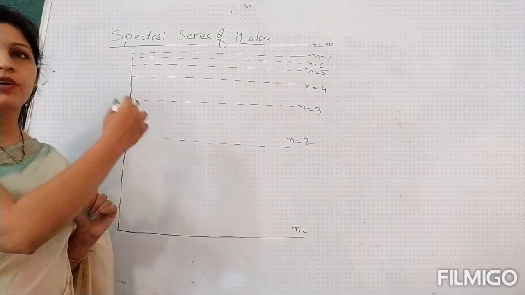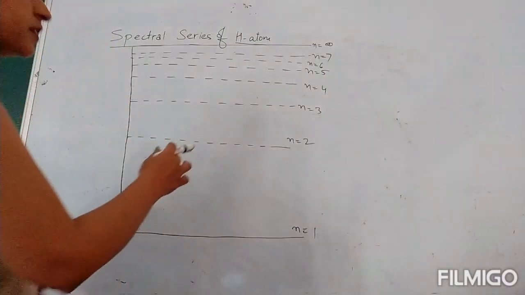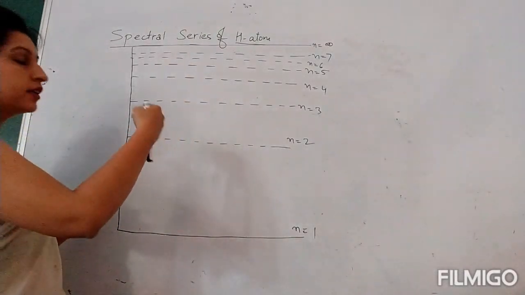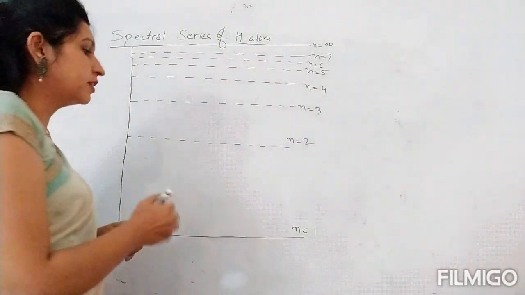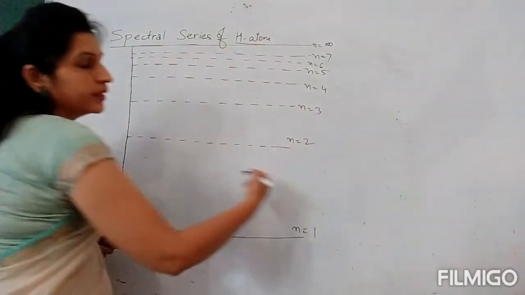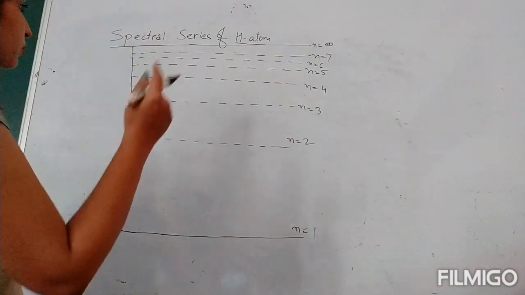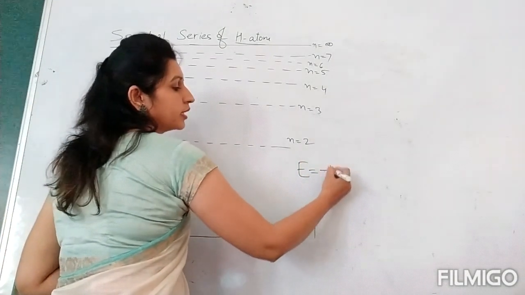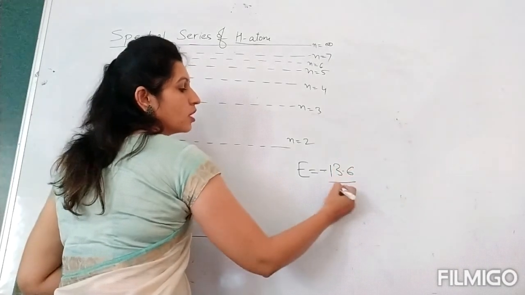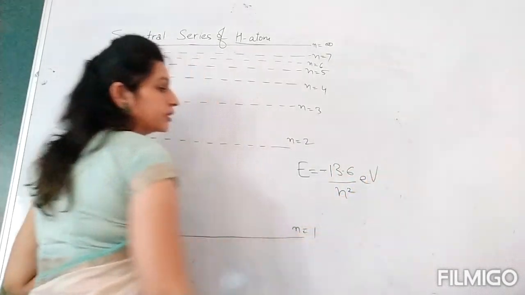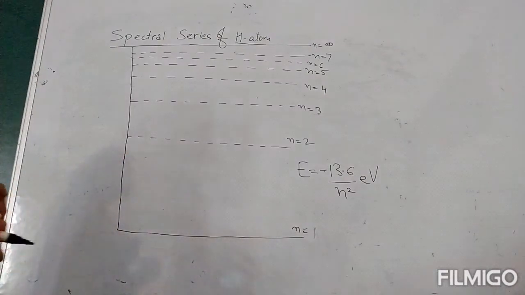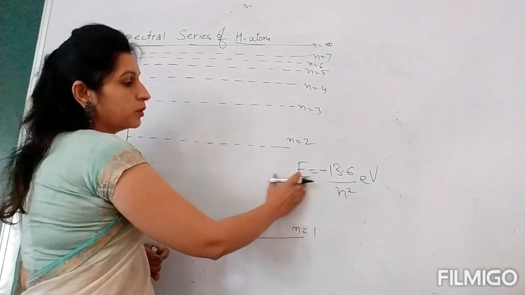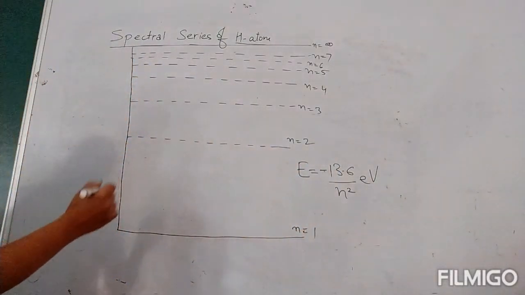Now moving on to energy of different orbits, like different energy levels. Energy of one orbit is one energy level. For the ground state, first we'll calculate what is the energy of ground state. We'll use the formula E is equal to, we have done this formula for hydrogen atom, minus 13.6 over n square electron volt. So this is the formula to calculate energy of hydrogen atom. Now n is 1, put here n equals to 1, so we will get energy as minus 13.6 electron volt.